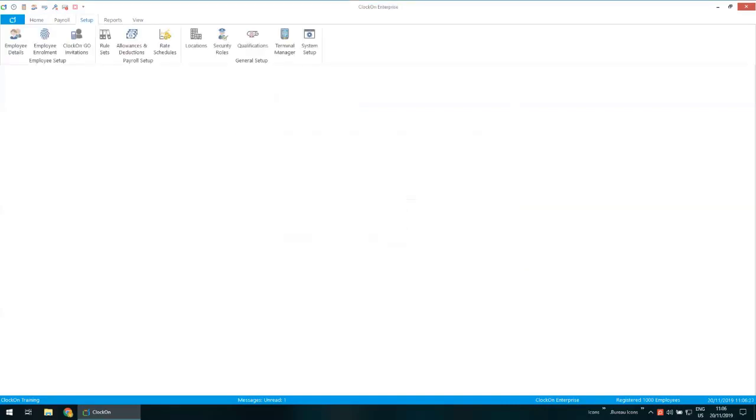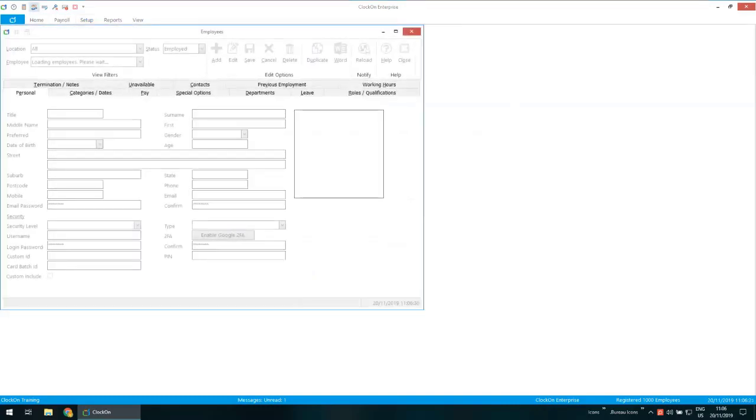And so that's adding in those super funds. Now for adding in the employees, if we go then to the employee details screen, don't forget there's a little quick launch icon that gets to the employee screen as well. In here,